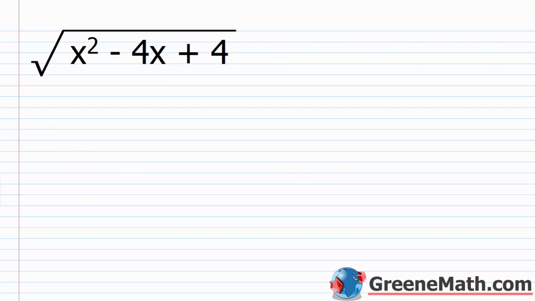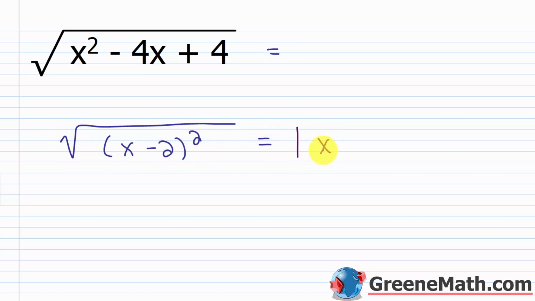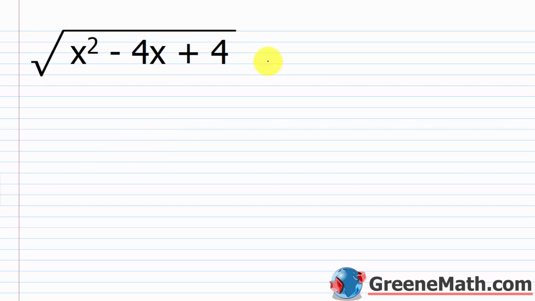All right, so the square root of x squared minus 4x plus 4. Again, we have another perfect square trinomial. I would factor this and say this is the square root of x minus 2 squared. And I could say this is equal to the absolute value of x minus 2. Okay? Again, if we wanted to just define this for x being greater than or equal to 2, then we can cancel. So if I put a restriction here and said that x is greater than or equal to 2,